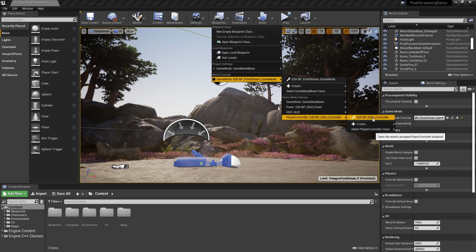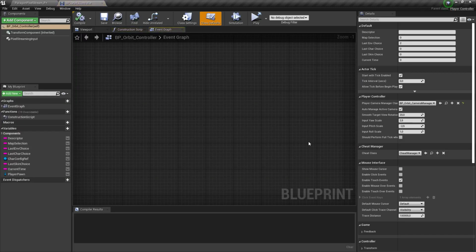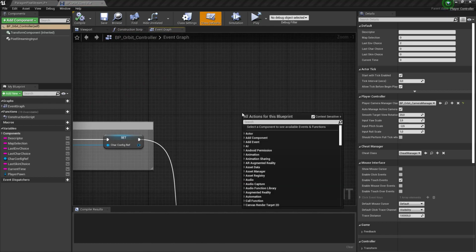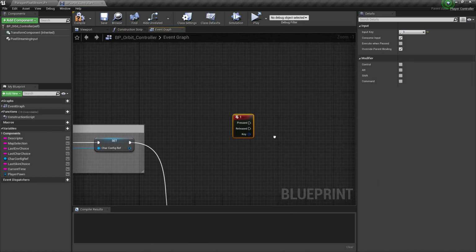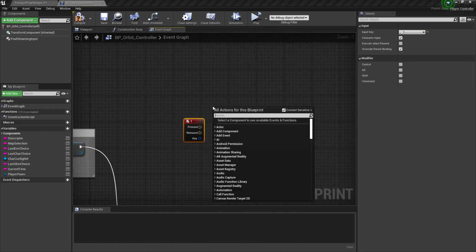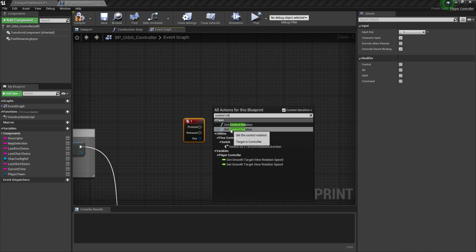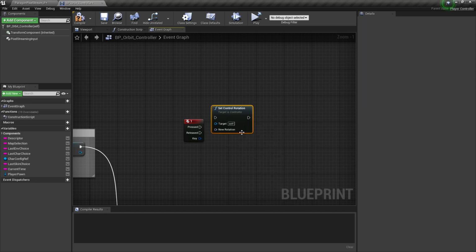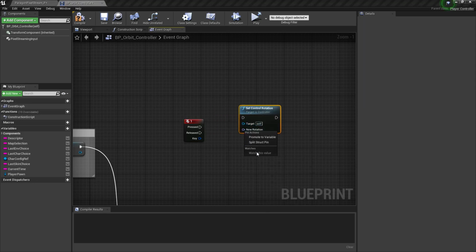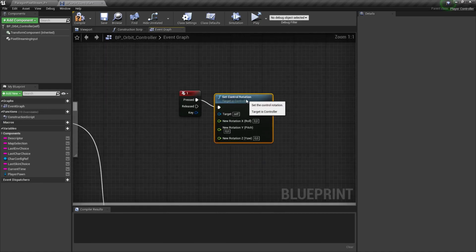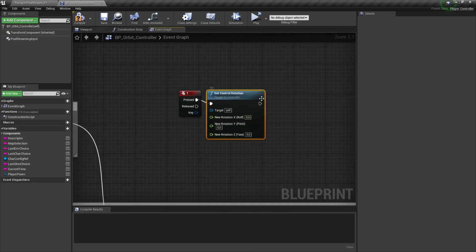In this case, it's the BP_orbit_controller, and just create a very simple function by pressing a button, let's say 1, and set or reset the control rotation. So there's a node called set control rotation, which you can split up. And let's just see, if we press 1 now, the control rotation should reset.